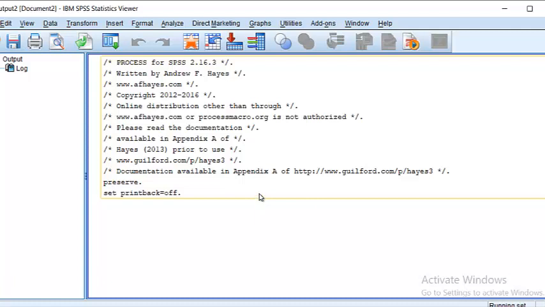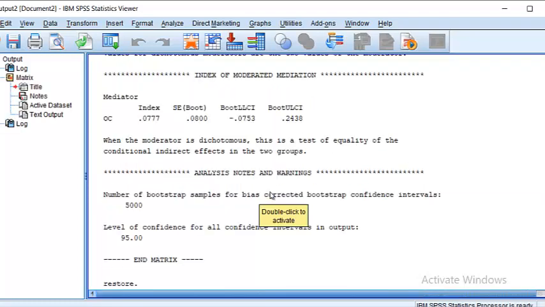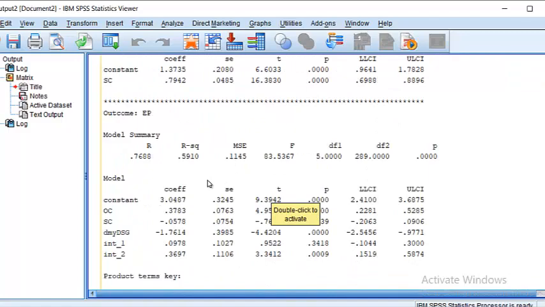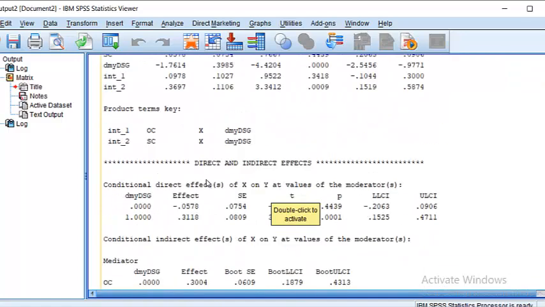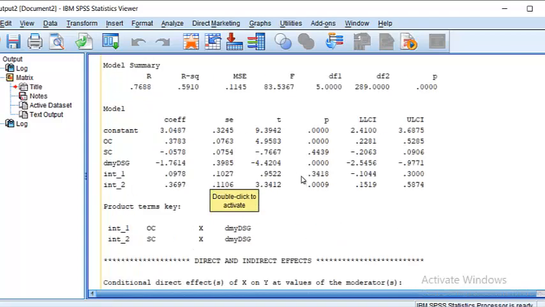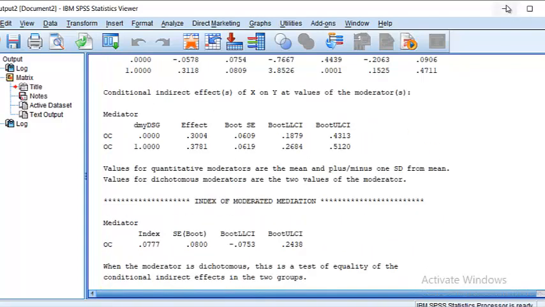The results are coming. It takes some time. So the statistics computed through the PROCESS model are here, and they give us information about different aspects of the moderated mediation process model. I have posted all these results in the slideshow, so let's go to the slideshow. The computations from the PROCESS model